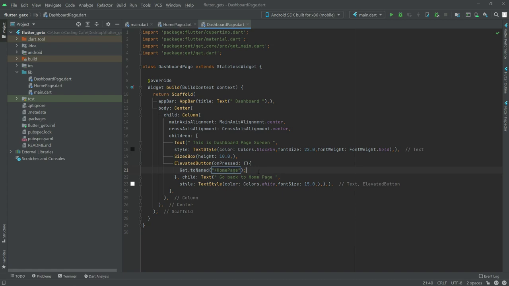So basically it will get the user to move to the home page. So that's all for dashboard_page.dart. Now we will simply go and run the application and see the result.